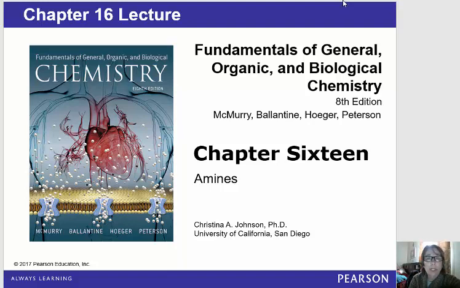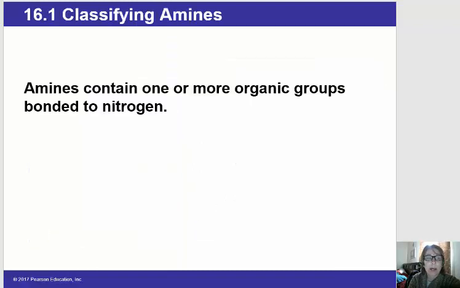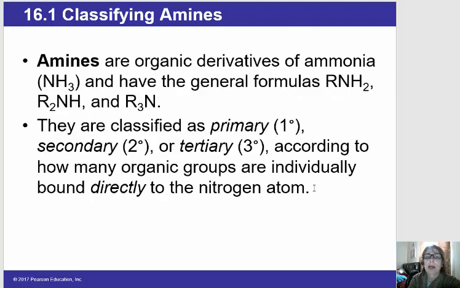In Chapter 16, we're going to take a look at a type of chemicals known as amines. And amines are defined as chemicals that have one or more organic group bonded to nitrogen directly. And we can consider them as derivatives of ammonia. So we'll see their general formula: RNH2, R2NH, R3N, where R represents the rest of the molecule or some carbon-containing